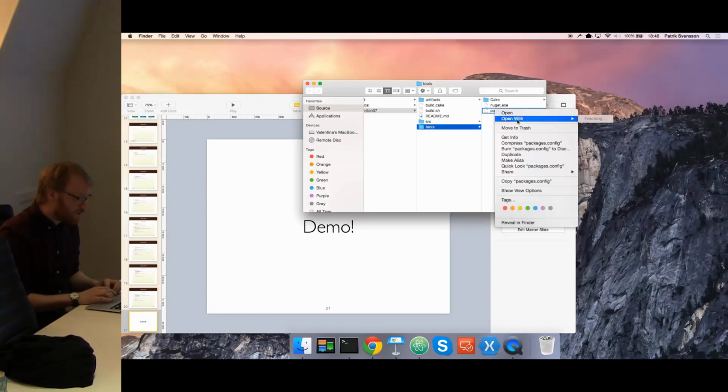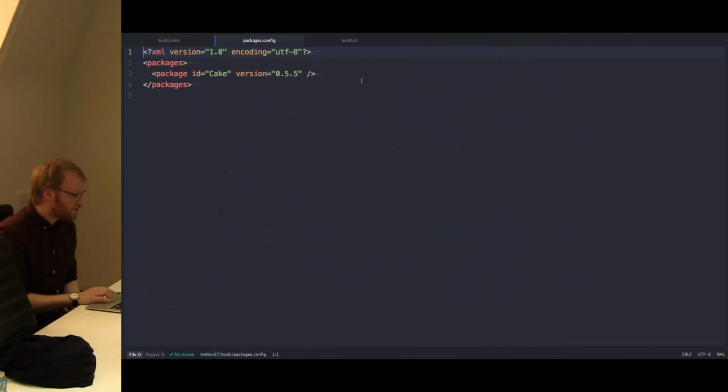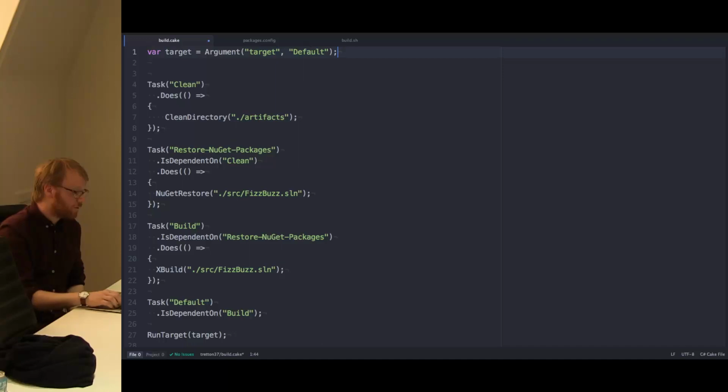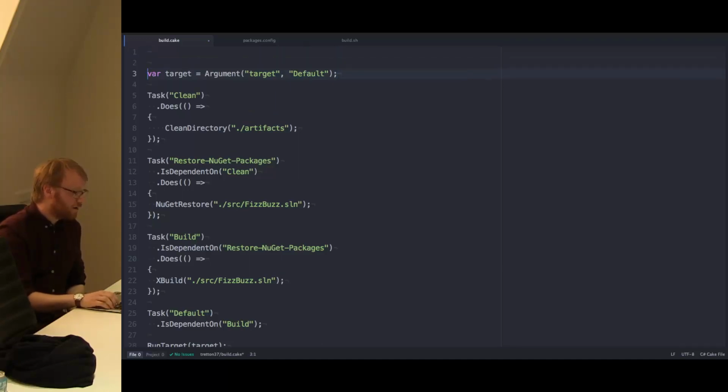Since we use the bootstrapper, there's a normal packages config, so you can add it here and it will be installed in the tools folder, or we can simply use the preprocessor directive. But if you want to use an add-in that adds functionality to Cake, you normally write